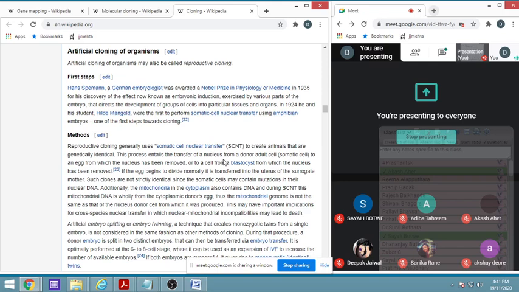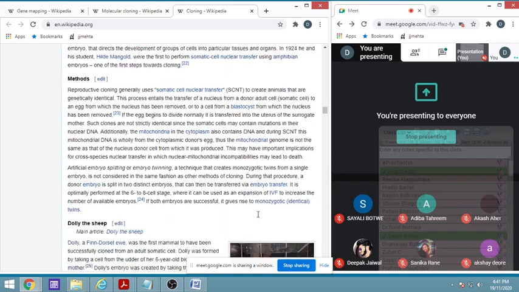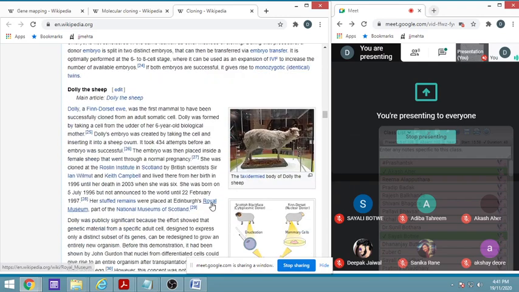This process transfers the nucleus from a donor adult cell, that is a somatic cell, to an egg from which the nucleus has been removed. The cell from the blastocyst can also be taken, and then the DNA inserted into it, and that will develop into a clone. So I already told you about Dolly the sheep. It was the first mammal to be cloned from an adult somatic cell, and this was a very big example, and from that